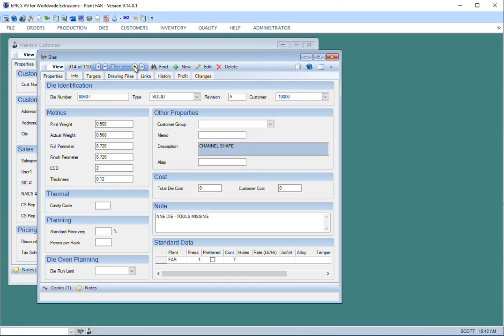However, I also know that there are some die records where channel is in the description, but it's not necessarily the first word. Okay, let me return to Find mode. So there I have the word channel, but this time I will start with another operator. The percent sign is an operator to search within the text to find the word channel, or whatever I type, anywhere within that text. So this time I have percent channel, click Find,